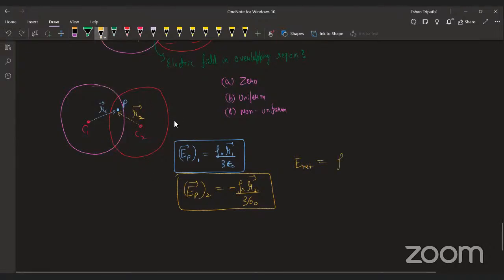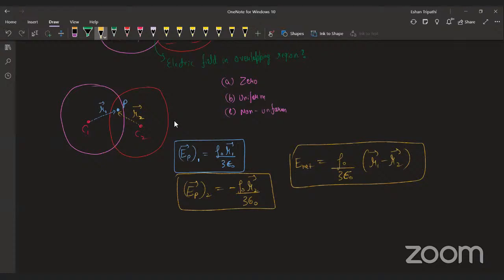Well, let's just add it. Let's not waste time. Rho naught by 3 epsilon naught times R1 vector minus R2 vector. How does this formula tell if it's zero or uniform or non-uniform? What is its value, guys? Zero? R1 minus R2, both rate distances are same? Yeah, it's not that. R1 vector minus R2 vector, if you think about it